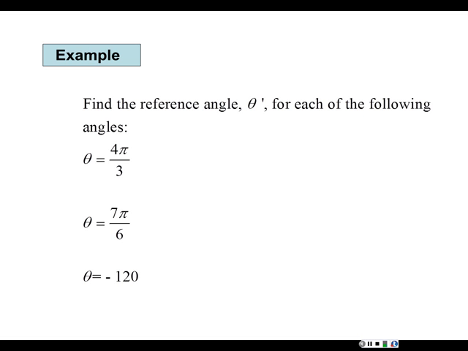So for each angle, we'll first draw it. For example, the last angle: what do we do? Because the angle is negative, you will go clockwise. 120, that might be starting from here, that's 90, and go again 30, that's 120 maybe. So here is probably 120, but remember, this is the terminal side of